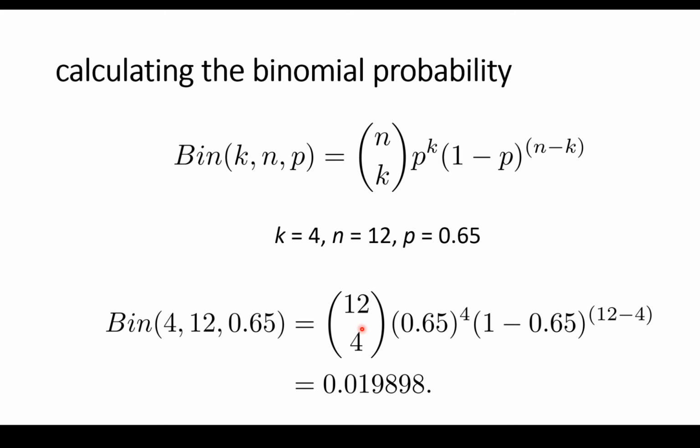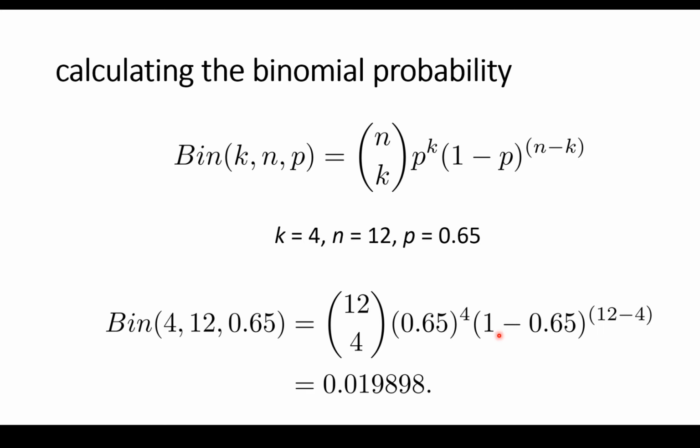This is the actual binomial coefficient. We're not going to worry about how that's calculated. We're going to let the computer do the work for us. But here's the underlying probability that we are hypothesizing, 0.65 raised to the 4th power. 0.65 is the survival probability raised to the power of, well, how many did you see survive? 1 minus 0.65, so that's the mortality probability,